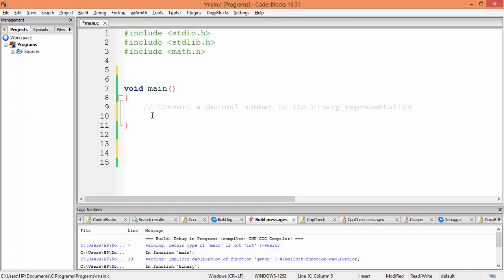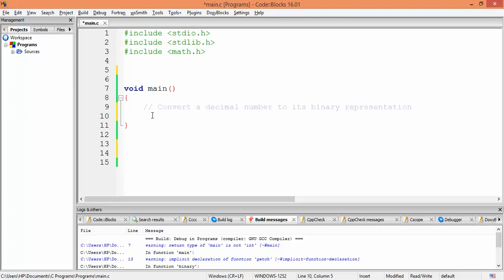So here we can use the division method by 2, in which case the remainders in the form of 0 and 1 can be displayed on the console, but the problem there would be that the remainders would be produced in a reversed fashion. So first of all, the remainders in case of the division method are to be stored in an array, and after the conversion is finished, the content of the array has to be displayed